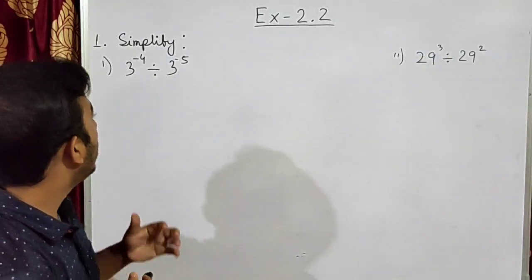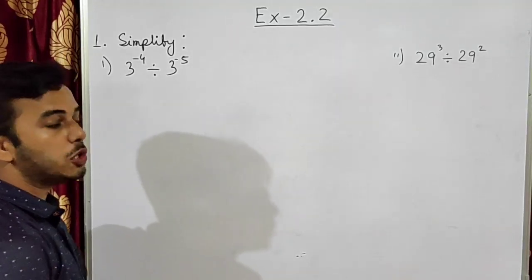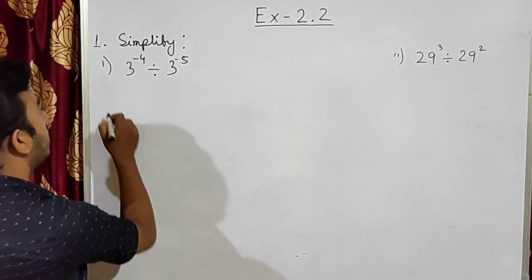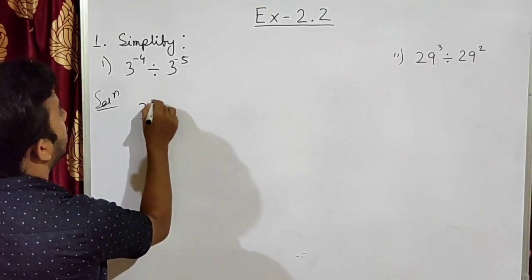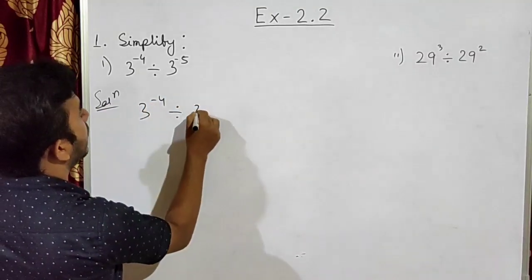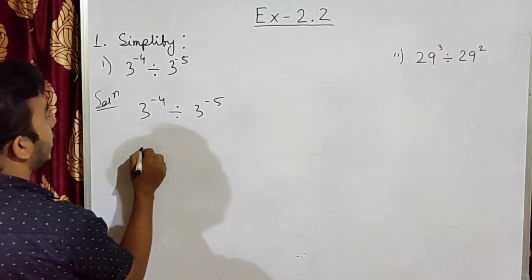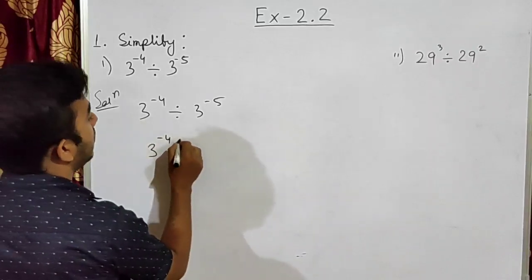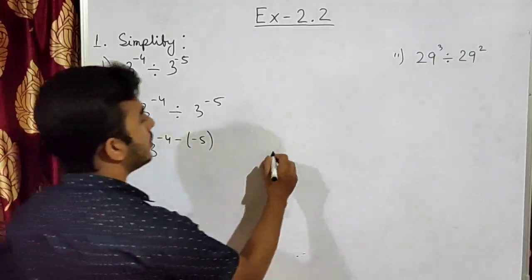So here number 1 is 3 to the power minus 4 divided by 3 to the power minus 5. This one is very easy, right? We just have to use the laws of exponent and then solve. So let's solve the expression. Now 3 to the power minus 4 divided by 3 to the power minus 5 can be written in this form, isn't it? Look, 3 to the power minus 4 then minus 5 can be written, by using this